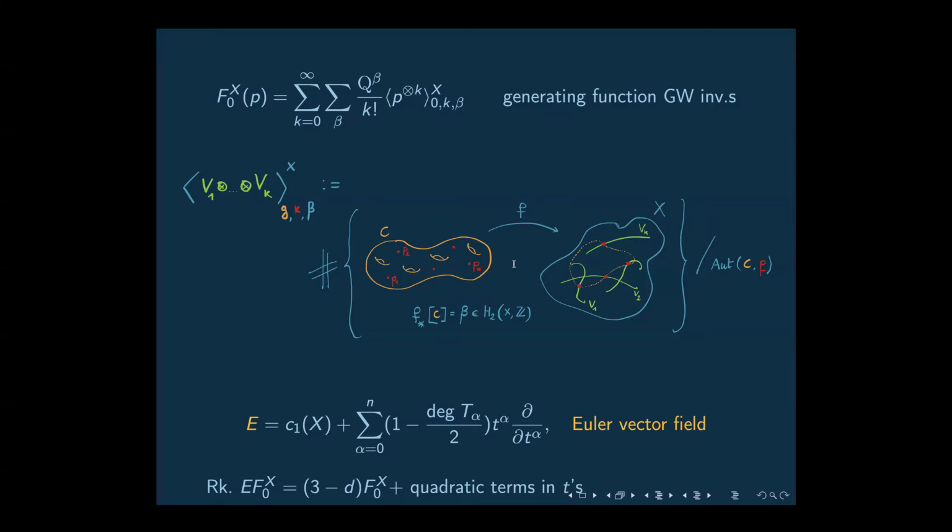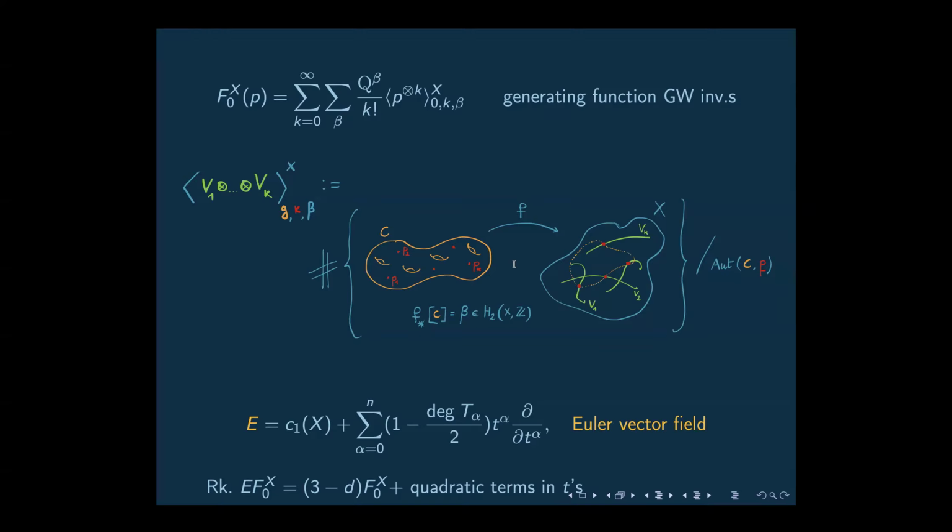In this talk, in quantum cohomology, we just consider the genus zero sector. So we just consider rational curves on X. And indeed, the Gromov Witten potential, this function that you see in the top of the slide, is an exponential generating function for all Gromov Witten invariants of genus zero with arbitrary number of punctures and arbitrary degrees. All right.